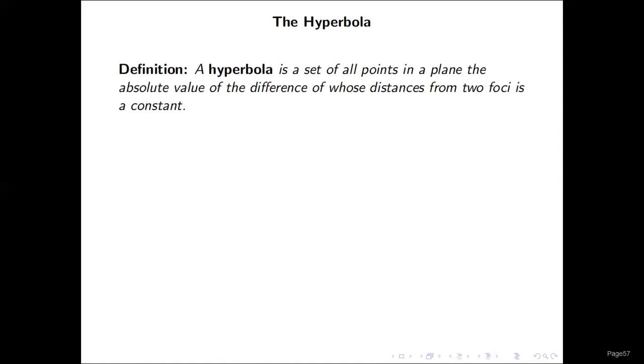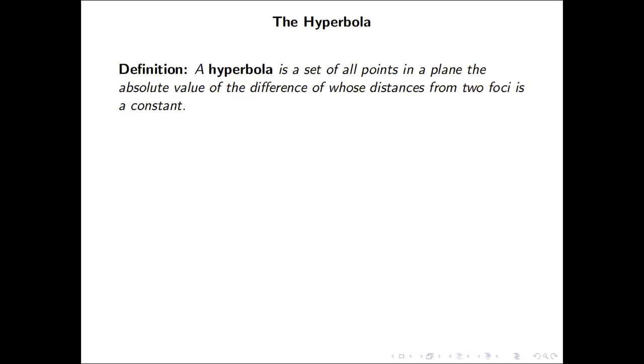Okay, in this lecture, we are going to discuss the last conic section, the hyperbola. Let's begin with the definition. Just like with parabolas and ellipses, we define the hyperbola using geometric objects. Again, for the parabola, we use a fixed point called the focus and a fixed line called the directrix. For ellipses, we use two fixed points,